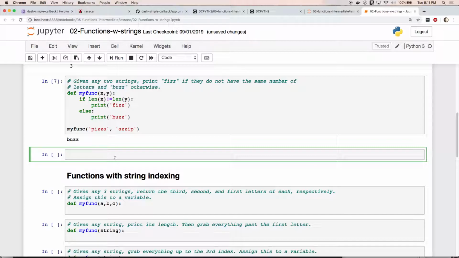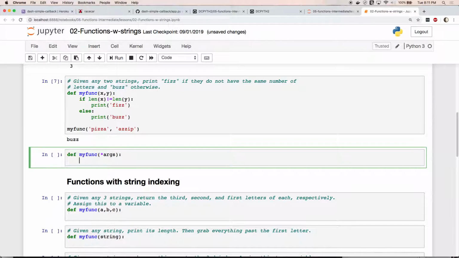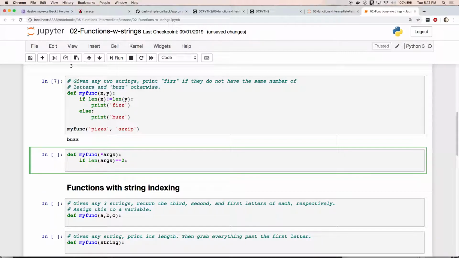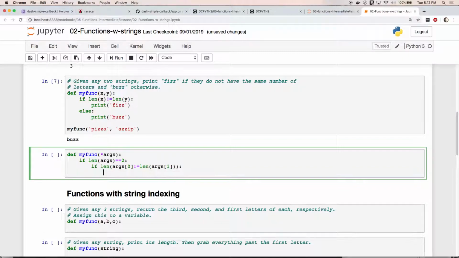But there is another way to do this. Rather than receiving x and y as inputs, a little more complicated way to do this is to receive arguments using wildcard args. And this is a more sophisticated way to write this same function, right? So then you would say if the length of args is equal to 2, then you would want to go ahead and do something. And then you would say if the length of args 0 is not equal to the length of args 1, then print